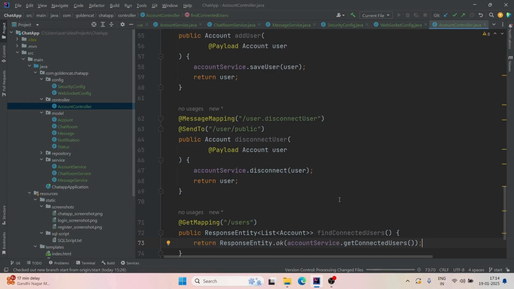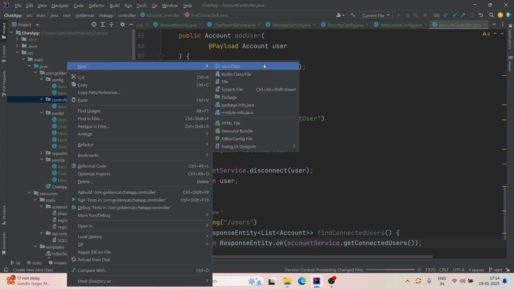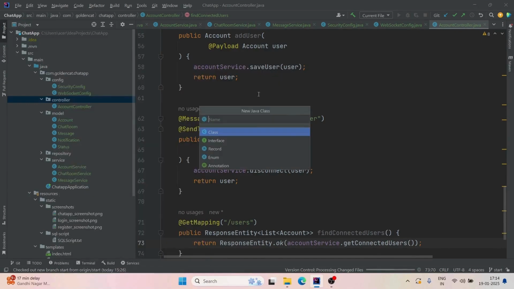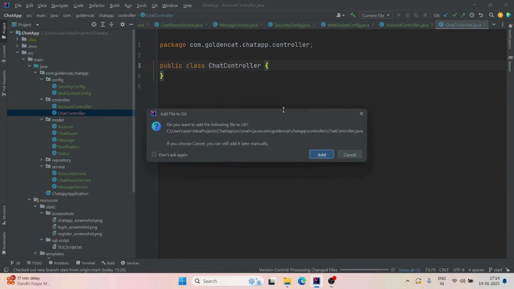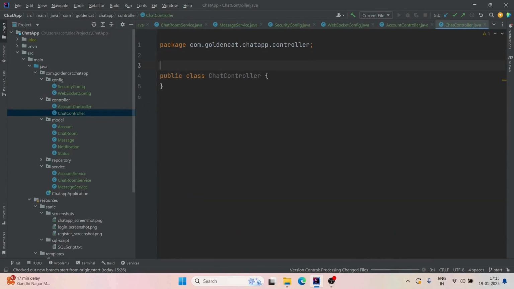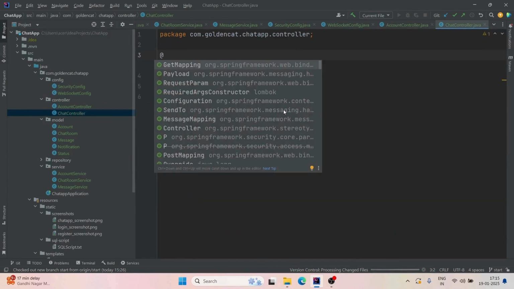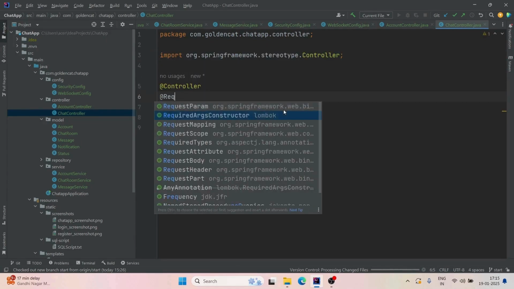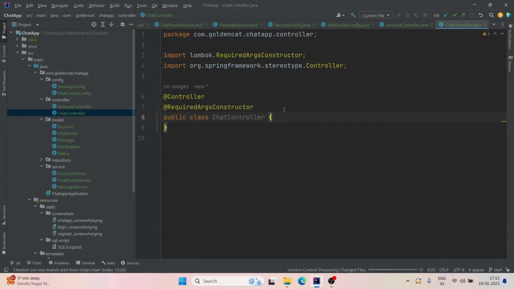And that's it. We are done with our account controller class now. Finally, we'll create one last class with the name ChatController. Now again, we'll add annotations here: @Controller, @RequiredArgsConstructor, then private final